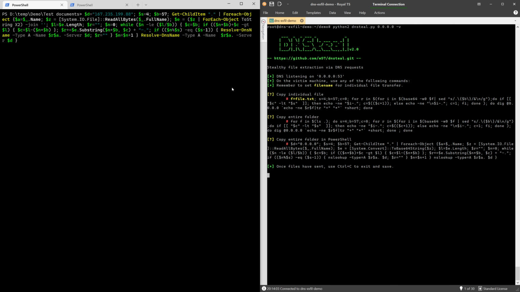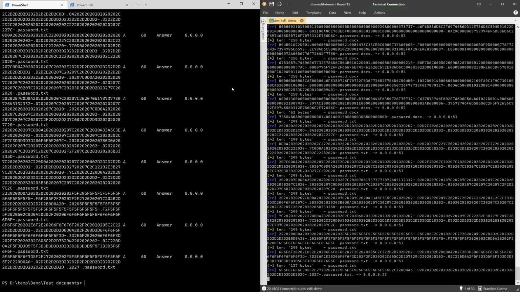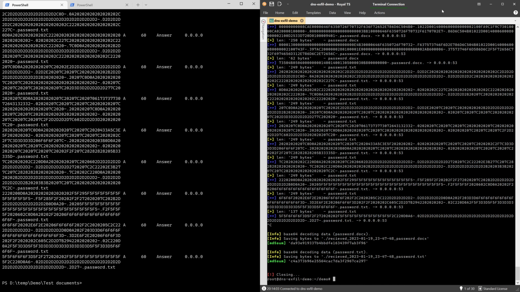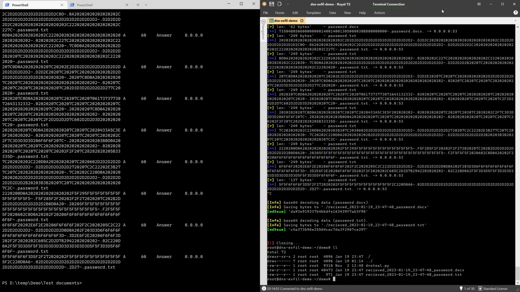This is going to run for a few seconds here on the left-hand side. You can already observe the individual DNS requests originating on the left-hand side from the corporate machine running PowerShell and being processed and saved to disk on the right-hand side on the Linux machine on the internet. And we are done already. So let's stop the DNS server and take a quick look at what we got.